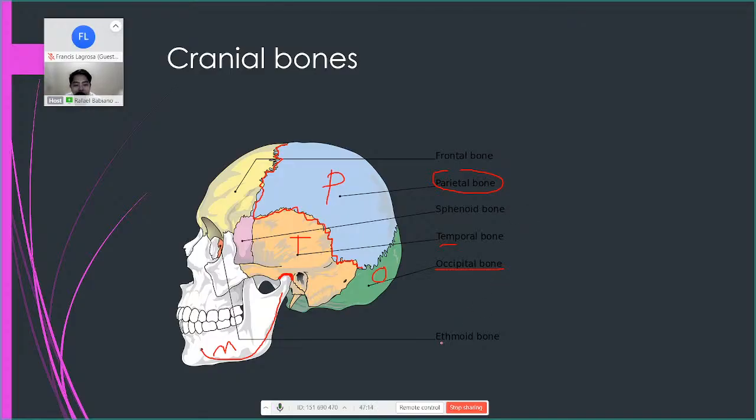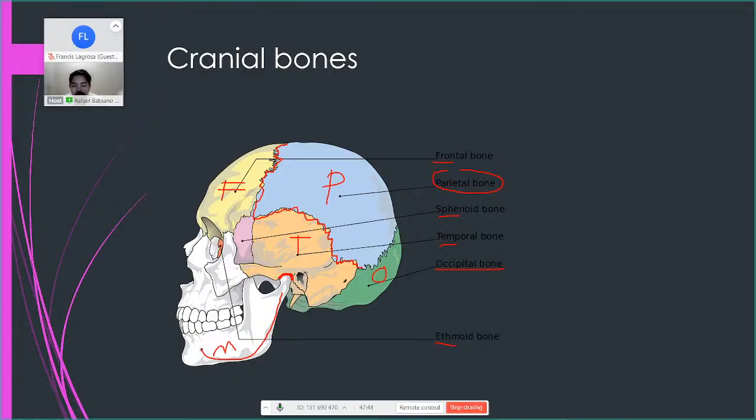E, ethmoid. This is inside your orbit or orbital canal. It's inside. I can't point to it because you have your eyes, of course. And then you have your S, sphenoid. It's also on the side. It's small, not like your temporal which is big. Your sphenoid is small. It's right here. So, by the way, FOS. I don't have an F yet.